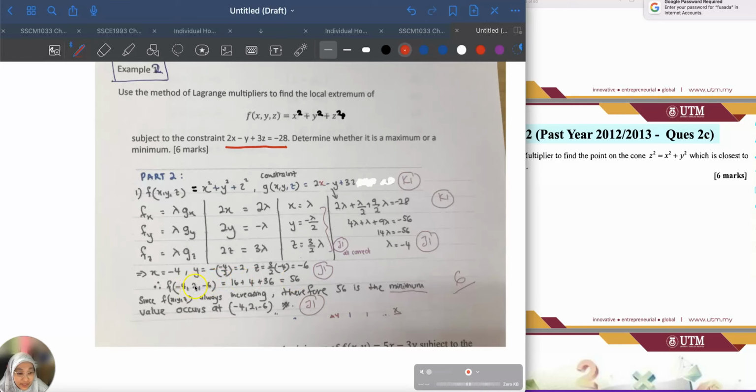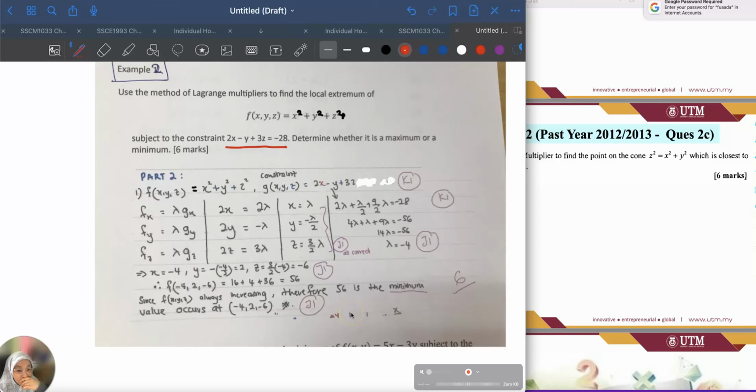for any other point, there is a possibility that the value of f will increase, because whatever x, y, z you take, negative or positive, the value becomes larger and larger. So it is not stopping at a maximum value. So there is no maximum value. That is the behavior of this function. It has no maximum because it doesn't stop. It can increase again and again. But the 56 that you obtain here for this particular point is telling you it is a minimum